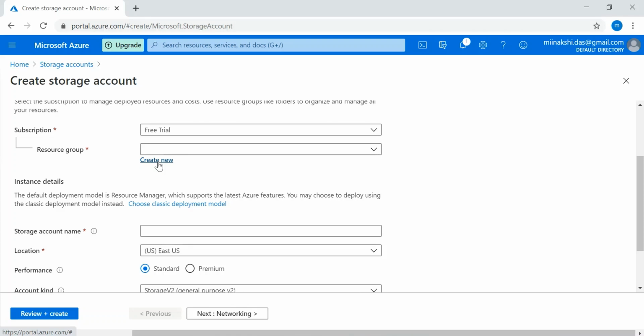Like if I want to give permission for all the resources to my team members, I can give the permission at resource group level, and it will be applicable for all the resources. Or if I want to move my application from one subscription to another subscription, or from one environment to another environment, I can create the ARM template of the resource group and move the template from one subscription to another.